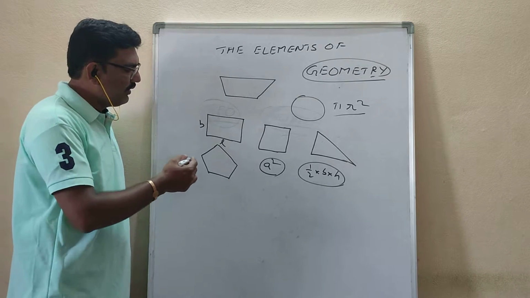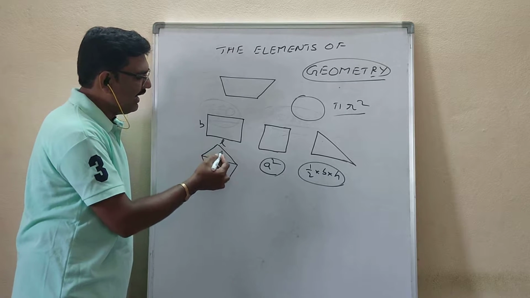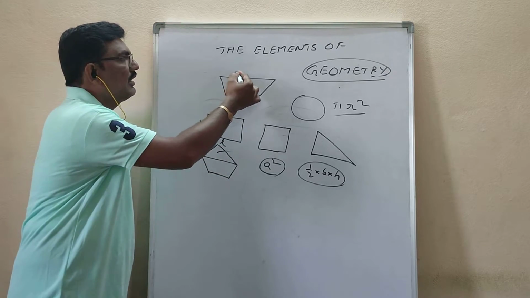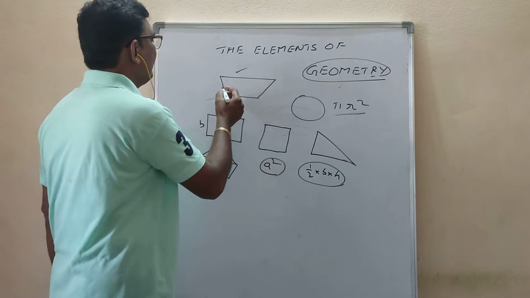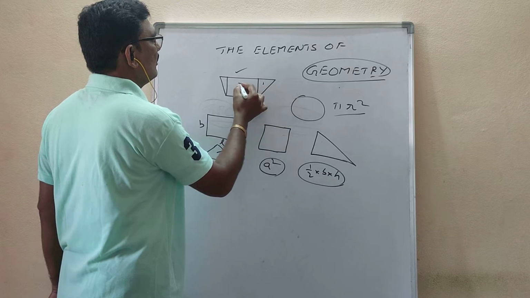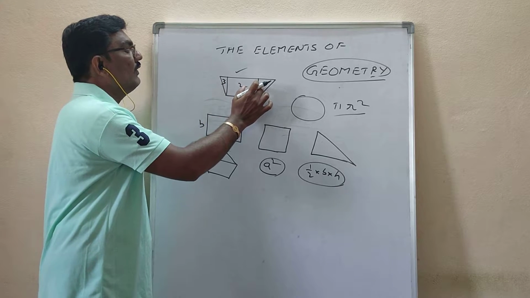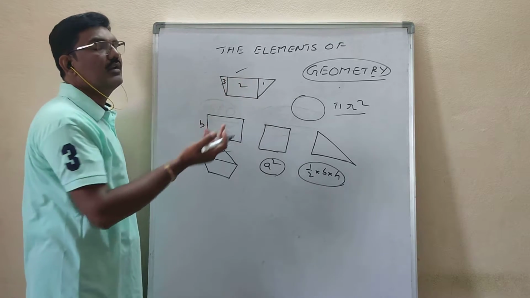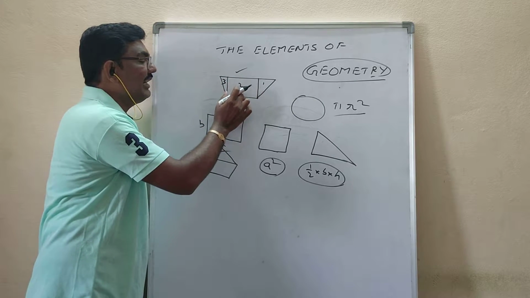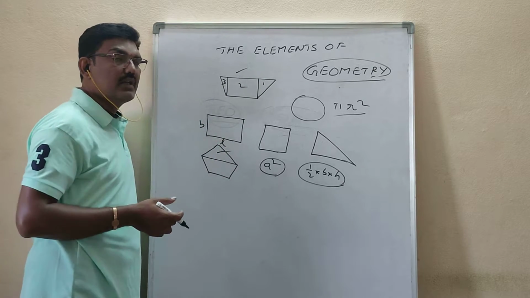Now what do you have to do for measuring a shape like this? It is a triangle, and I have to find the area of the triangle. Now it is a trapezium. How to measure the area of a trapezium? Draw perpendiculars like this and divide it into three different structures. Area of 1 plus area of 2 plus area of 3. 1 and 3 are triangles. Find the area of these two triangles and the rectangle, and if you add these three, the area of the trapezium will come.